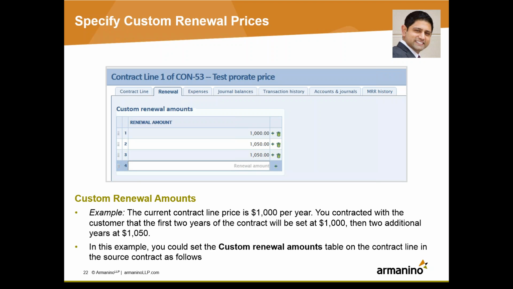So you can actually go into a renewal tab within the contract and put in what those renewal amounts should be in advance. So nice thing is when you're going through and then clicking more actions and renewing on demand, it's going to look at this renewal amount. So the ability to customize renewal prices is a latest part of this release.